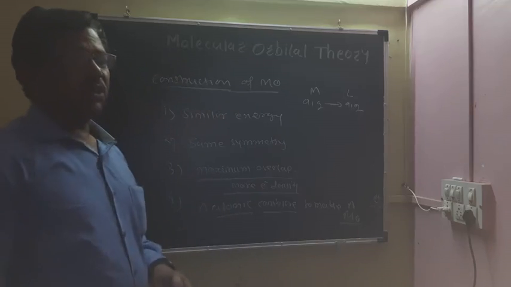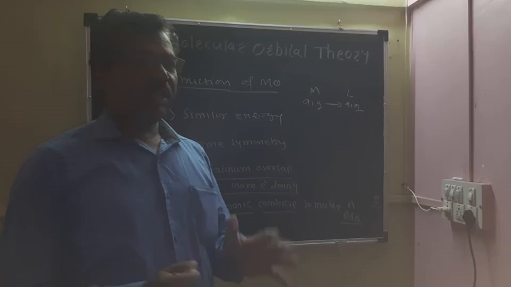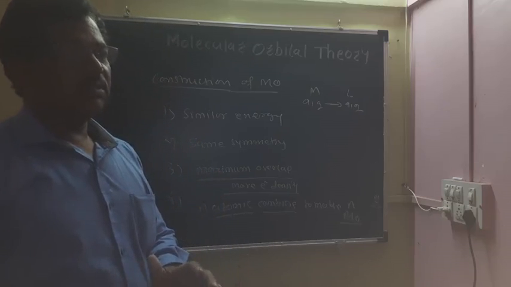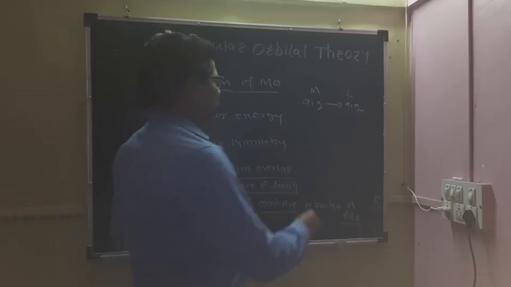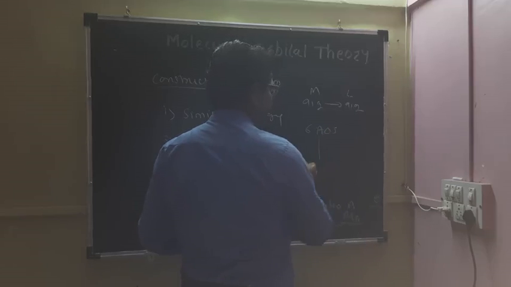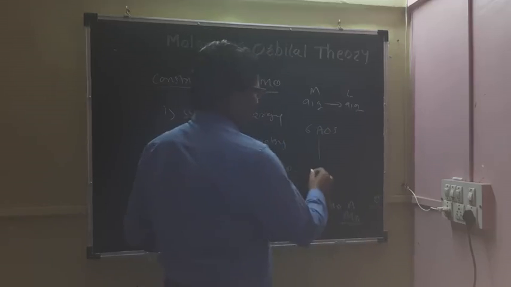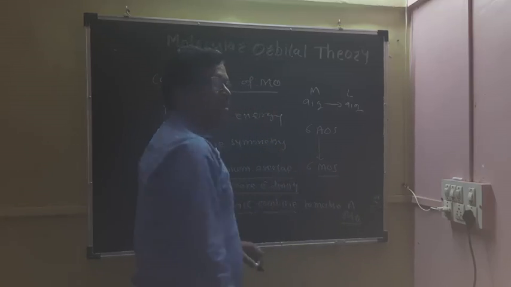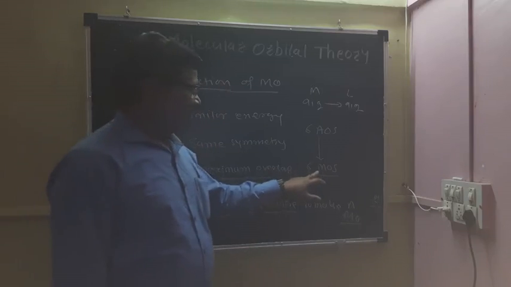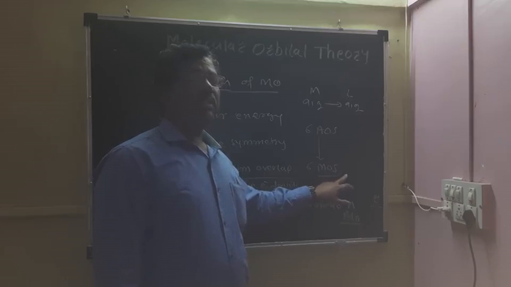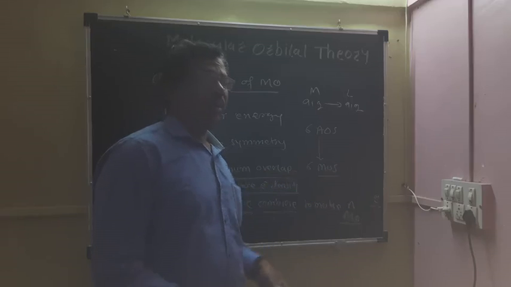That means, as many atomic orbitals as there are, that many molecular orbitals are formed. For example, 6 atomic orbitals form 6 molecular orbitals. Right, so 6 atomic orbitals give 6 molecular orbitals, which are bonding as well as anti-bonding molecular